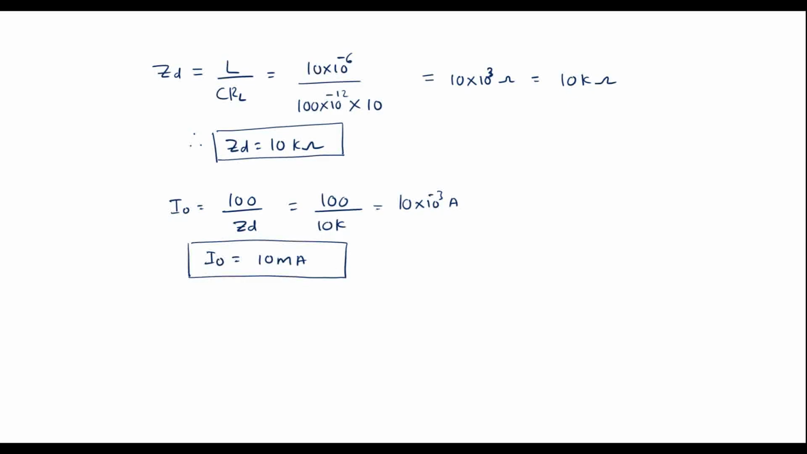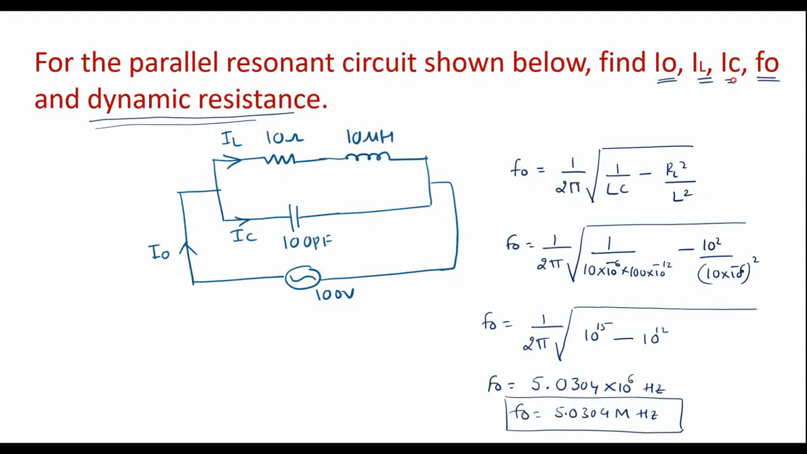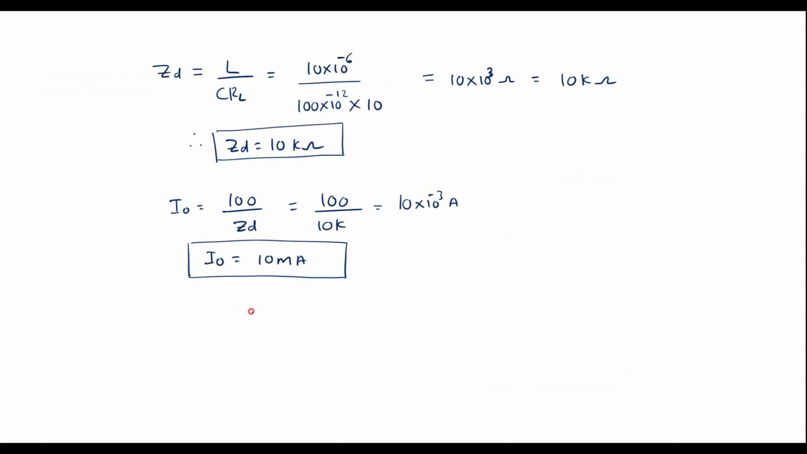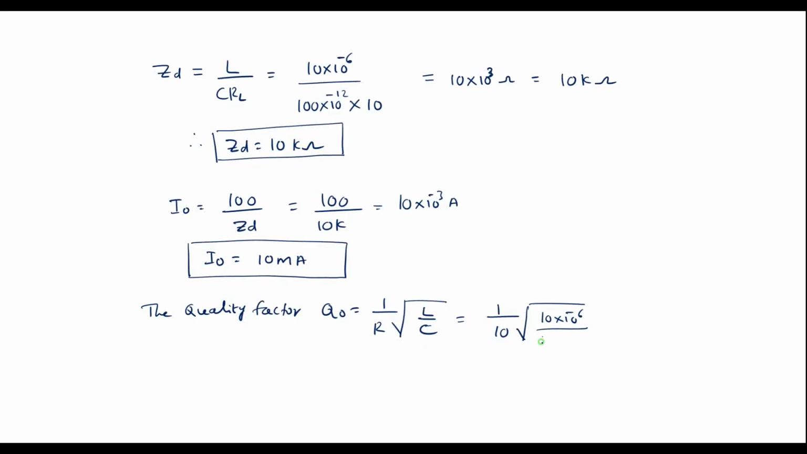Now let me calculate IL and IC. To find IL and IC, we first calculate the quality factor. The quality factor is given by Q0 equal to 1 over R under root L by C. So let me substitute the values. It is 1 upon 10 under root L value, 10 into 10 power minus 6, divided by C value, 100 into 10 power minus 12. Let me simplify this. It gives